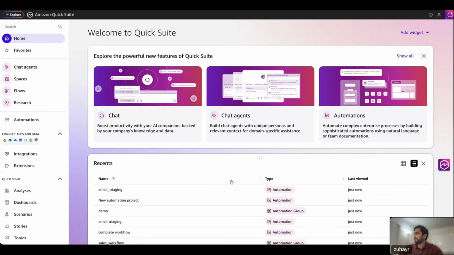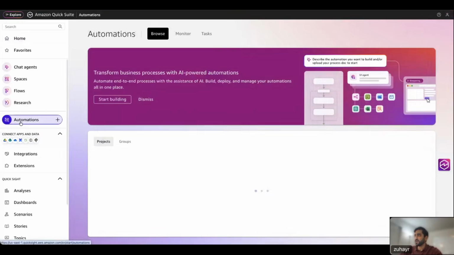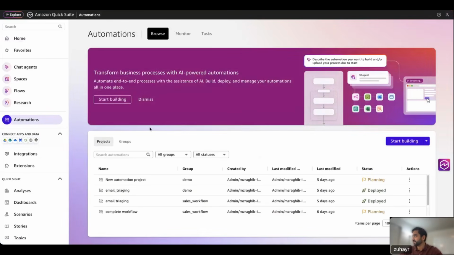So now I'm pivoting to the product landing page. This is the Quick Suite landing page. Now, in order to use the automations capabilities, we'll click on the automations tab here. And you'll notice there are a couple of tabs at the top. We'll go through each as I develop here. But for now, let's start with